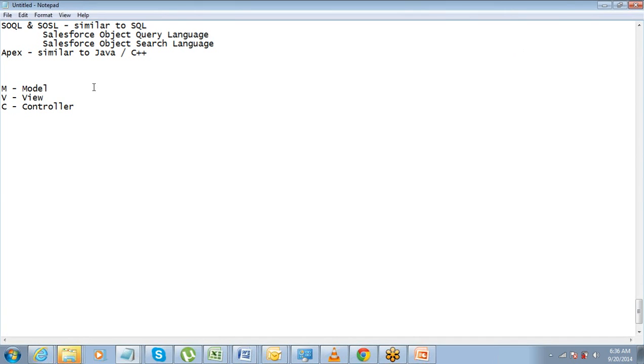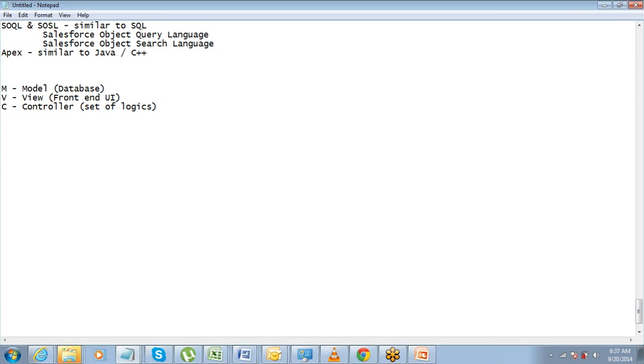The view is the front end interface, and the controller is the set of logics, binding logics, what happens when a button is clicked and all that stuff. That is the MVC.